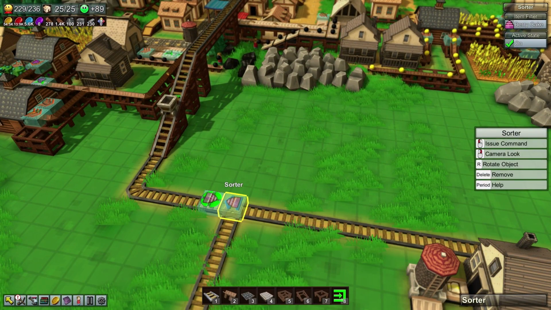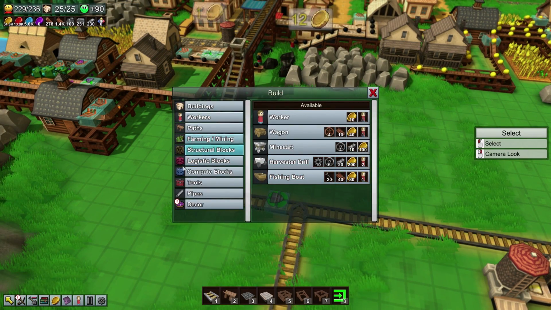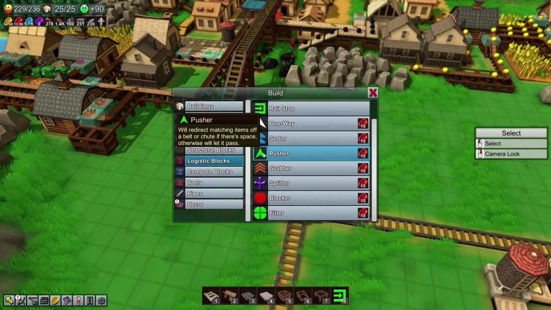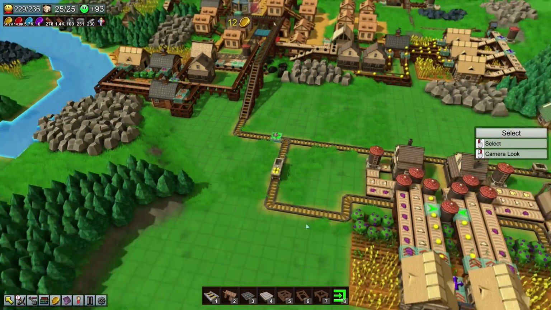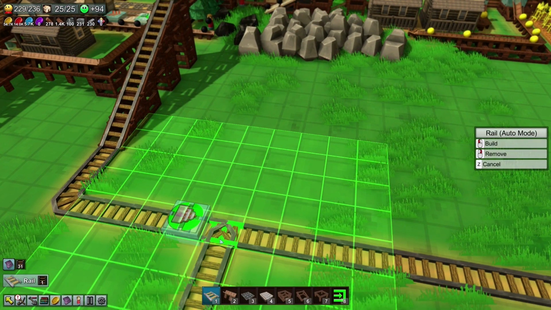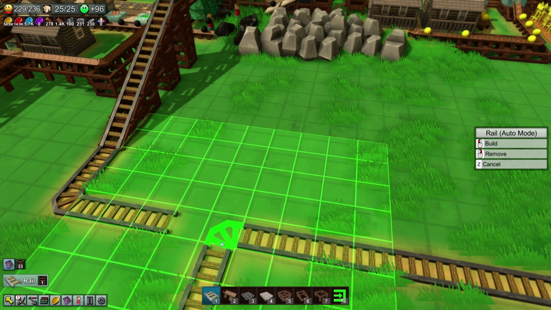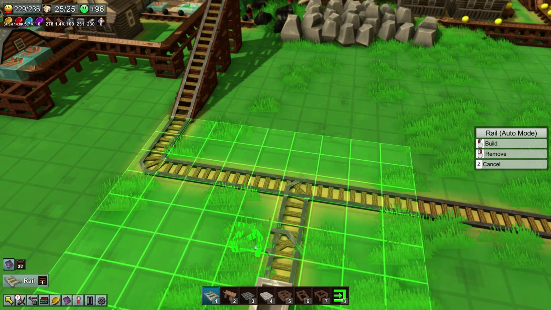No, okay, that did not work the way I had hoped. Well, perhaps if I create a logistics block, a pusher, blocker, maybe. We'll direct matching items off a belt or chute if there's space. Otherwise, it will let it pass. We'll just see. Oh no, that was an unfortunate turn of events. Okay. Right, we need to sort this out then. Very much need to sort this out. Alright, so that way. Like so. And if it is...